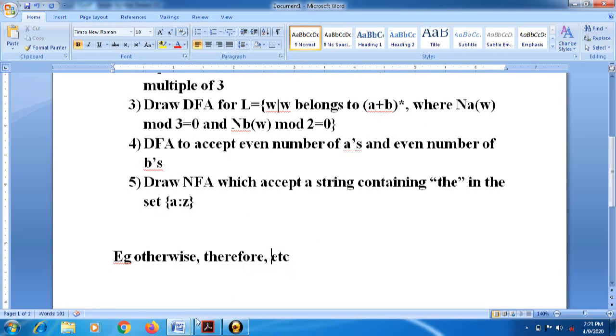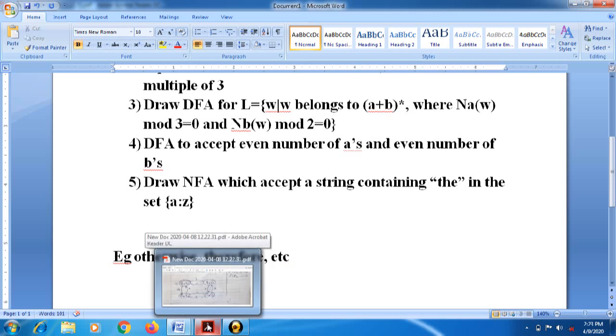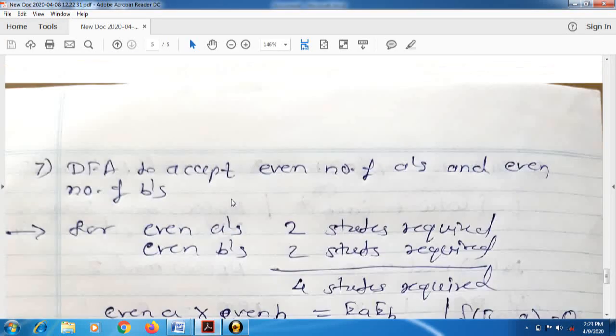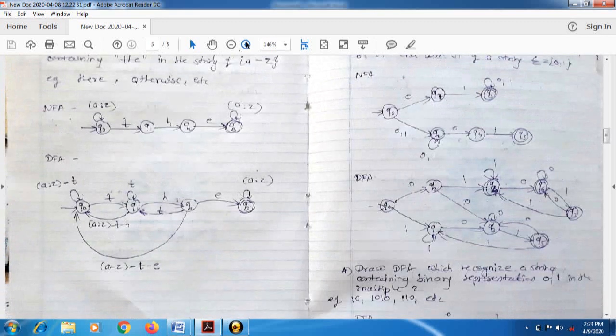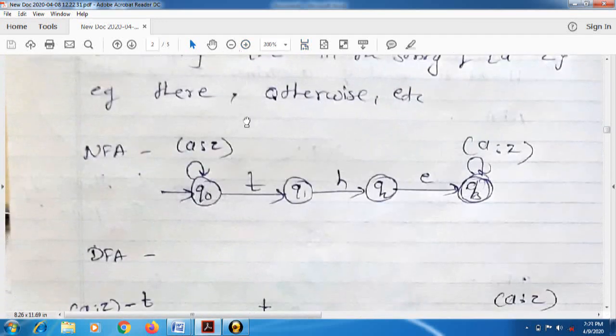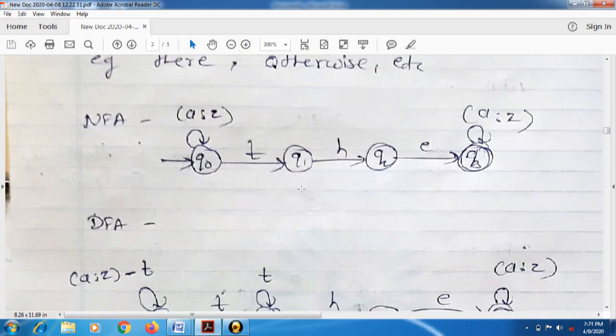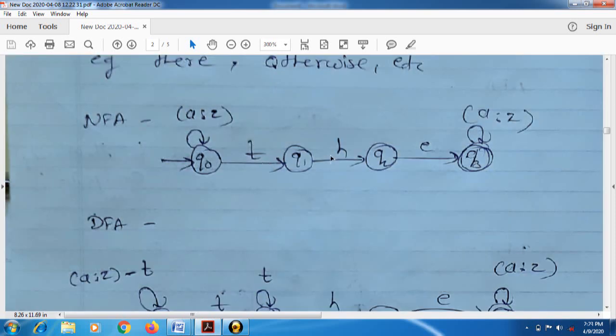THE. Now we will move directly to the transition diagram, that is nothing but the DFA as well as NFA for the same. Now see how to draw its NFA as well as DFA. So this is the NFA for the strings which are acceptable with THE. In a simple way, we can directly go to a final state with the help of T, H and E. We are dividing our string into alphabets or letters T, H, E.